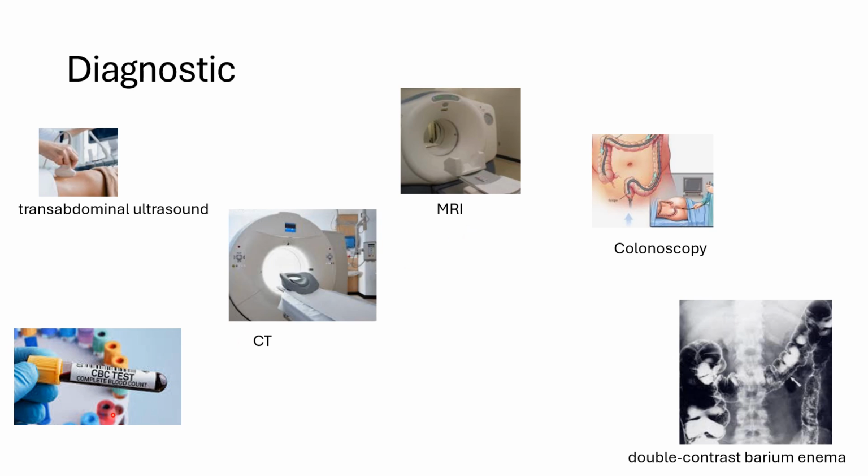Another thing that we can do for this patient is a colonoscopy. In the colonoscopy, we can see the tissue, if there is any bleeding happening, if the patient has a polyp, get a biopsy of the polyps, and then see if they are cancerous or not. So it's very important to do the colonoscopy if we think that the patient has ulcerative colitis.